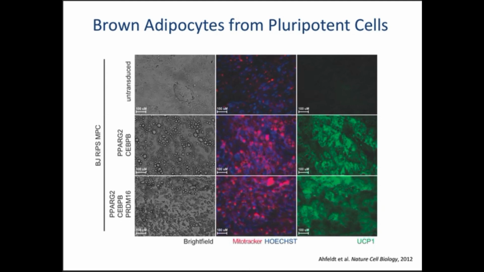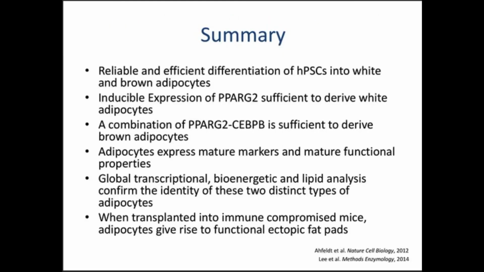You can rescue immune-compromised mice that aren't able to make fat. These little skinny immune-compromised mice we've made, you can put white fat in them and it rescues them, and you can put brown fat in them and it's functional. You can do the PET CT scans that allow you to identify it. It's energetic and everything else. So this is just a long summary. If you care about it, the papers are already there, but the point is we can make fat.